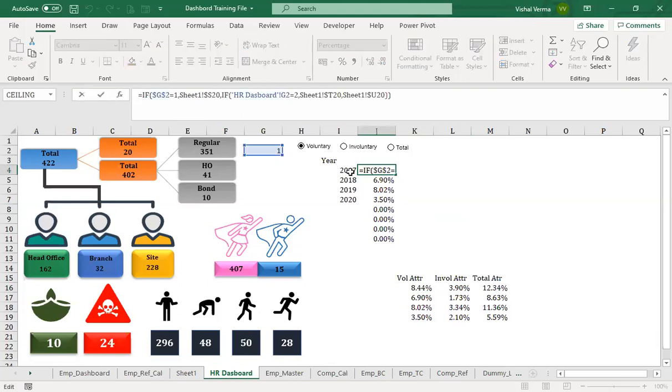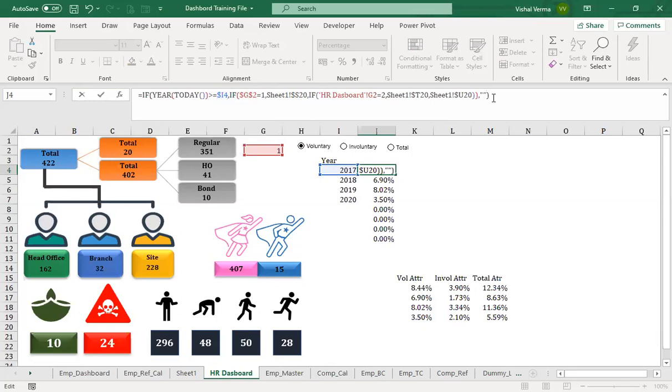if the value of this, so we have got, if this is the year of today, is greater than or equal to this, then do this, or else give me a blank space.